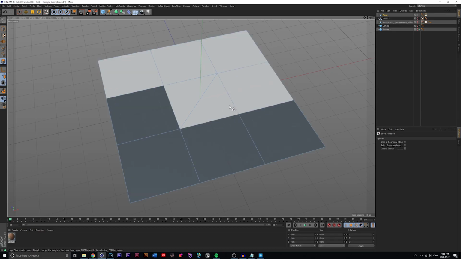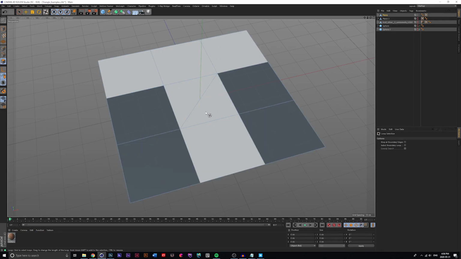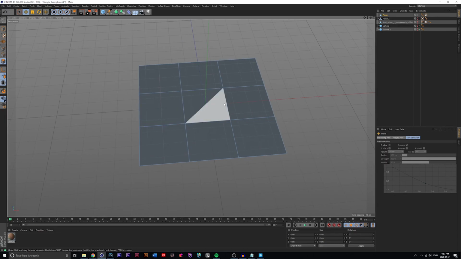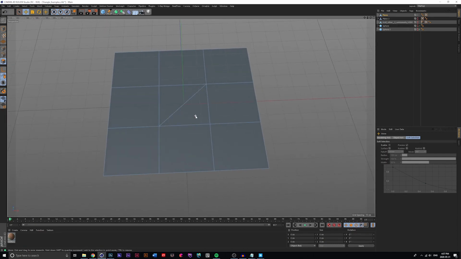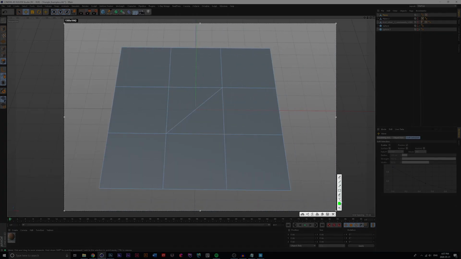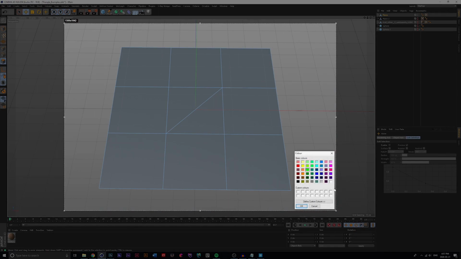As you can see, the software gets really confused and it can't properly select the loops. It works fine on the edges, but as soon as you try to select the middle, it creates some weird shapes. This happens because the flow is broken by the triangle. Most of the mesh consists of squares and you have a triangle in the middle. What happens is, when you try to make a loop selection, you want to direct your polygon flow. So when you take the loop selection tool, you want to make, for example, a loop selection that goes around